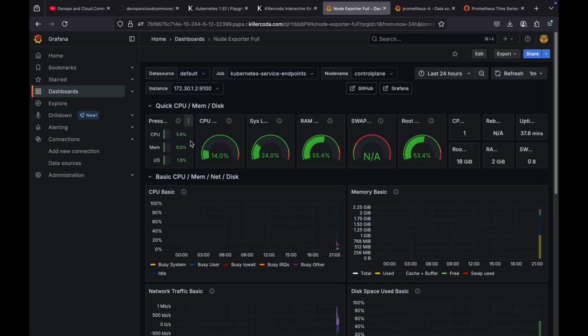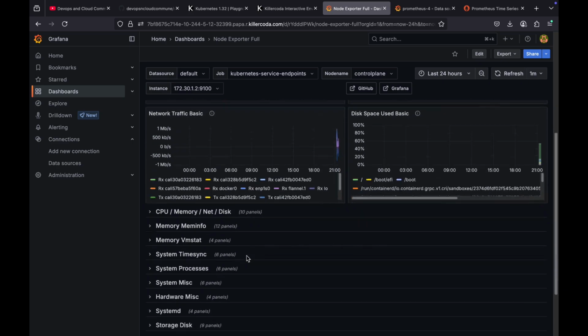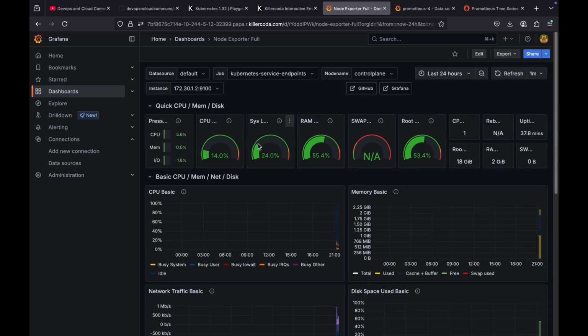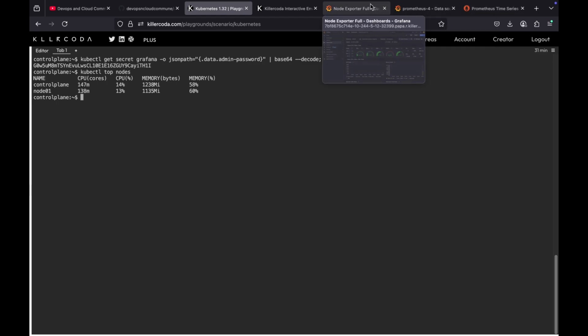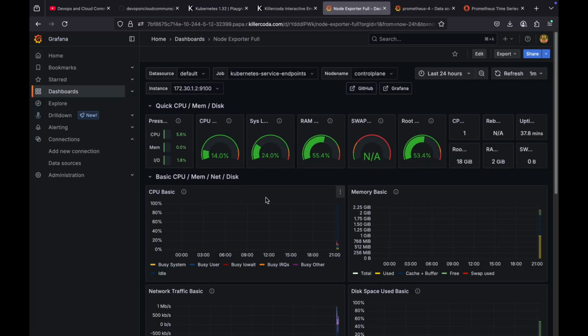This is the magic. You can see CPU, memory, input, output, etc. is being loaded directly from our cluster. See, this data is coming from our cluster. Before that you were able to do only kubectl top nodes. This single command is not visualized. It is just a CLI interface, but what we have done is we have converted it to